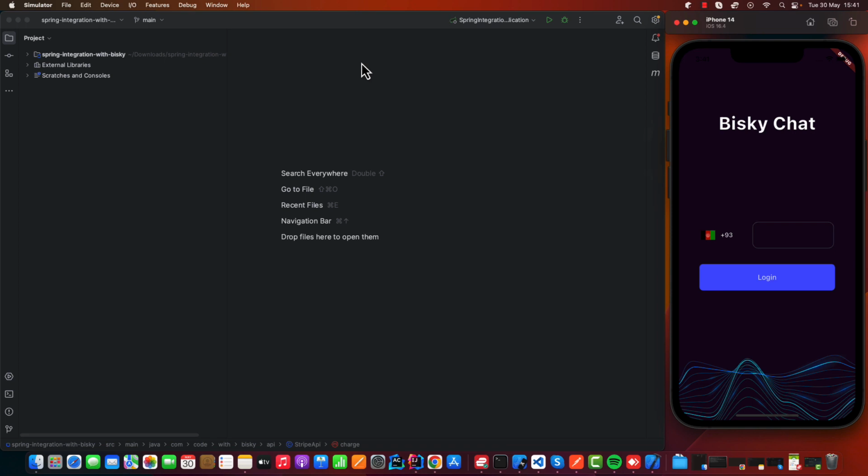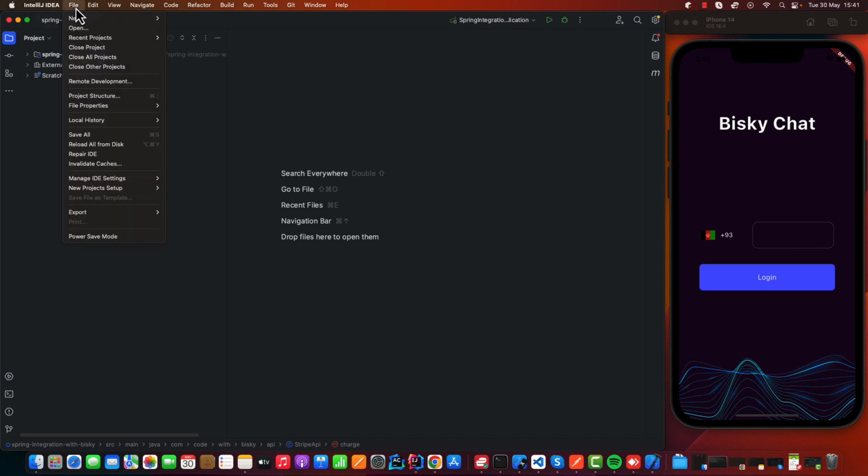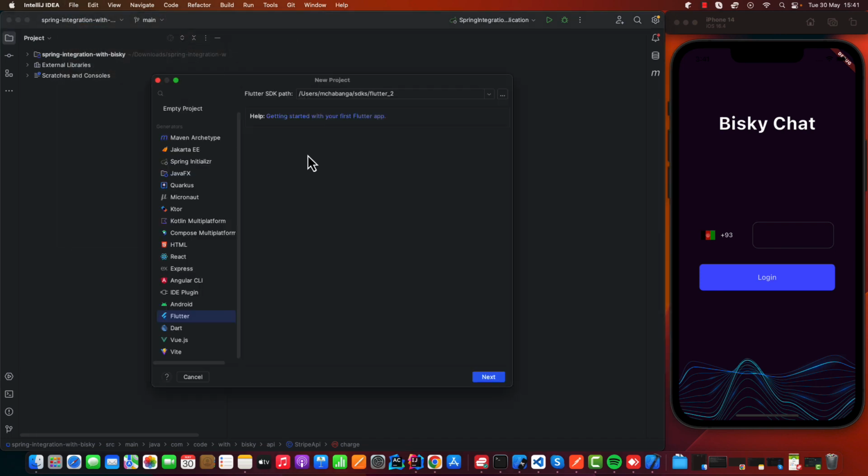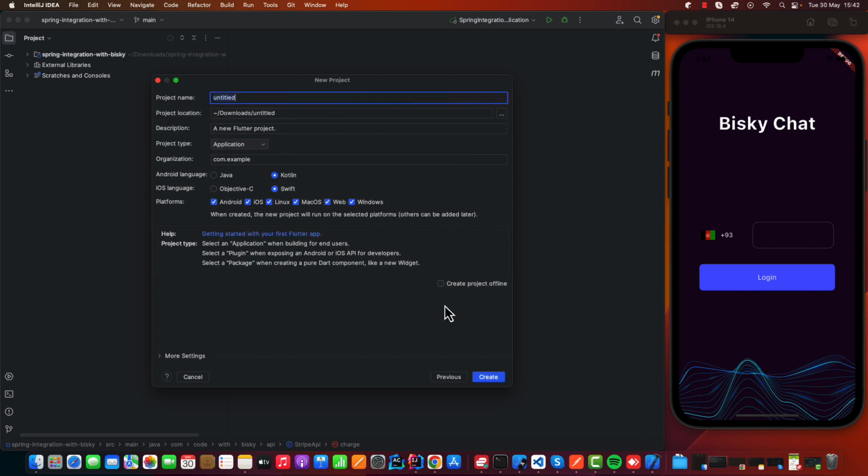Let's get started. So here you can create a file. You can open IntelliJ and then click File, New Project. In the list of projects, you have to select Flutter and your Flutter SDK. For me, I want to use this one. This is Flutter 3. By this day, I'm using Flutter 3. So you click Next, and then the name of the project, we call it